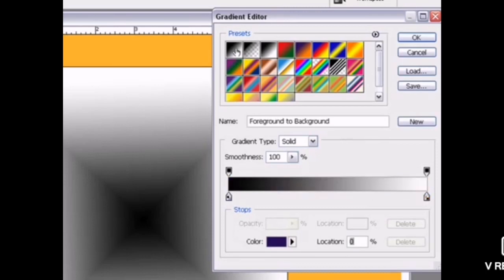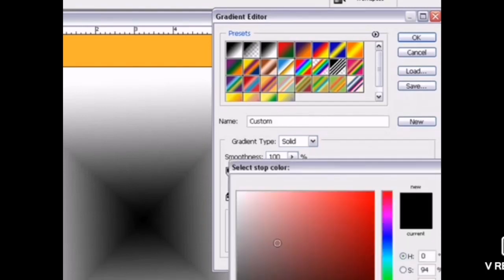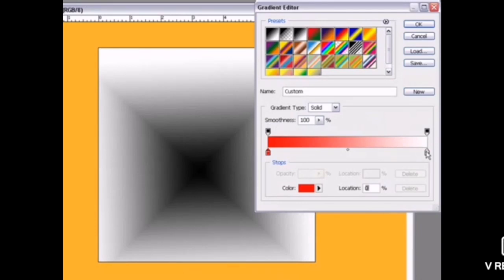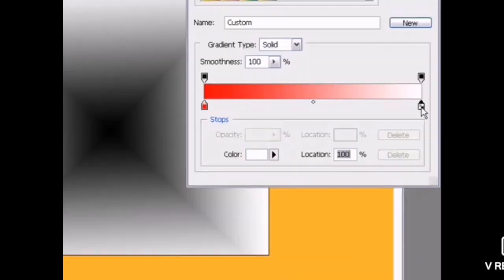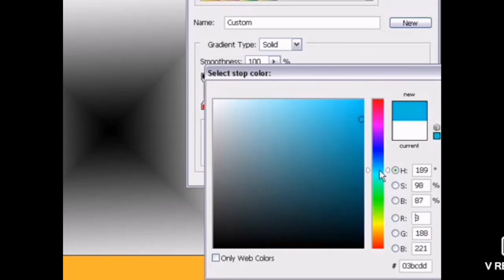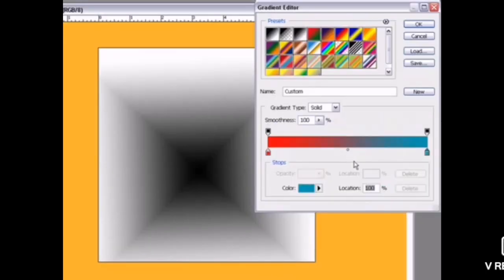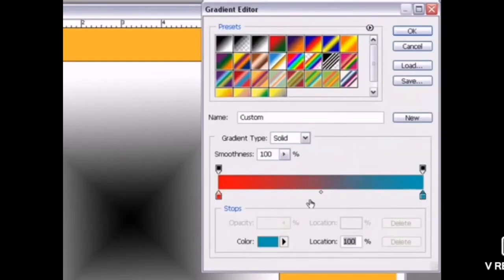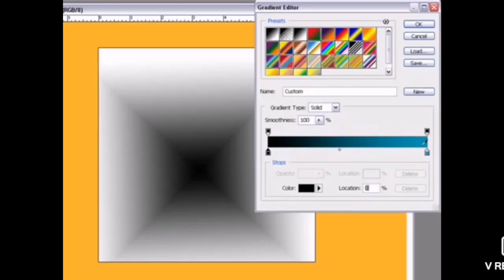color efficiency. Now here I have selected, at the bottom you can see the left-hand side shows the black color, and the right-hand side shows the white color. So if I increase that, it will show me the increment of the colors. Now I have chosen the red color. Suppose I change the red color and the white color to blue. Now I want more red color, or I can say I want more blue color. So by dragging it, I can change the color increment, and the center one shows the mixture of that color in between.